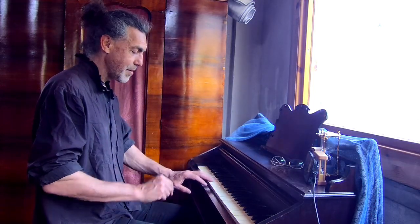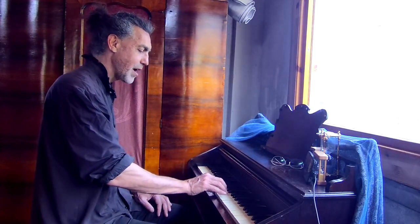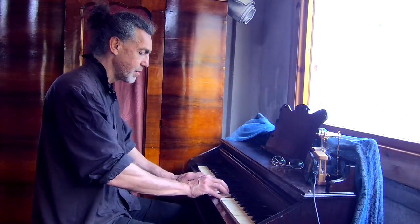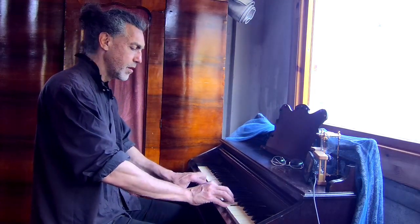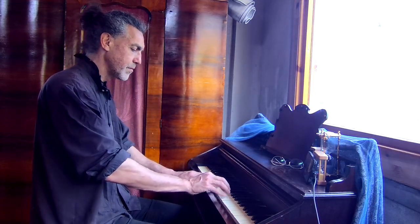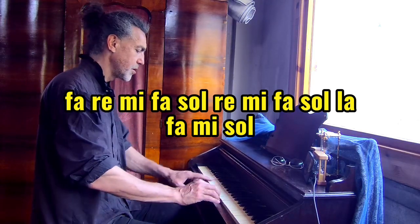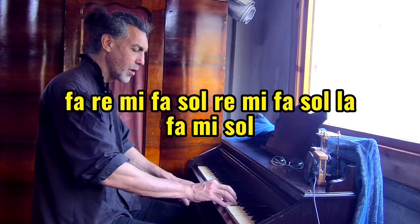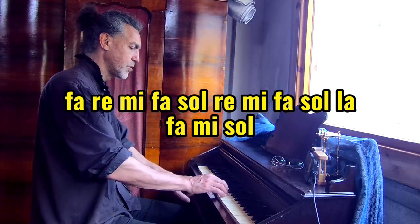The next exercise is related, and this is playing Fa, Sol, Fa. So you play the common chord of Fa, and then you play the common chord of Sol. Now play them in close position. So this is the common chord of G, Sol, Re, Ut, Fa, Mi, Sol, and the common chord of C, Sol, Fa, Ut, Fa, Mi, Sol,